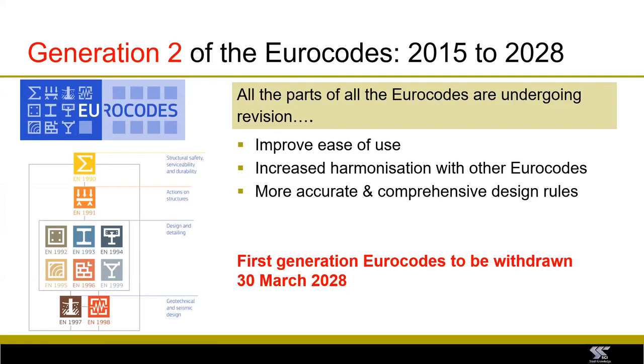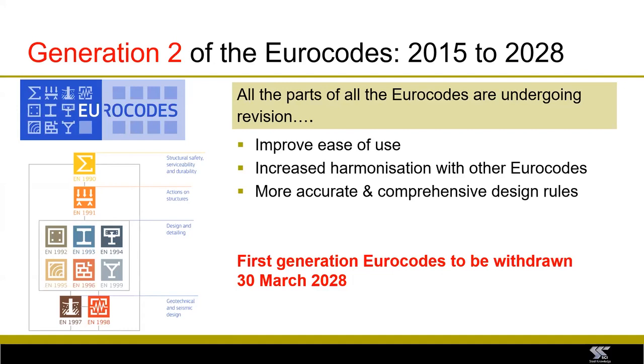This was really important for stainless steel because it wasn't a very mature standard when it was published, because it was the first standard for many European countries covering stainless steel. So we've taken the opportunity to include a wider set of design rules covering more member types and more design scenarios. That actually is now complete, but it's undergoing a long and drawn out process of being affirmed, being translated,